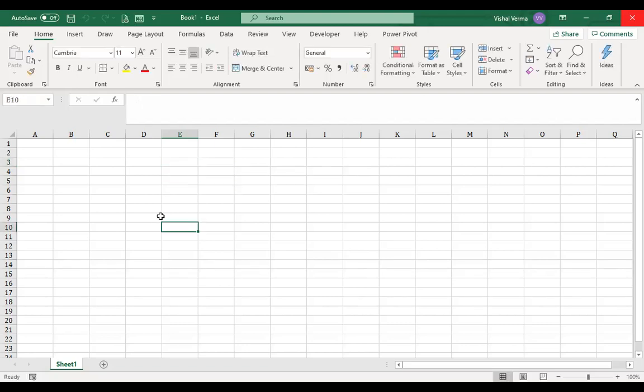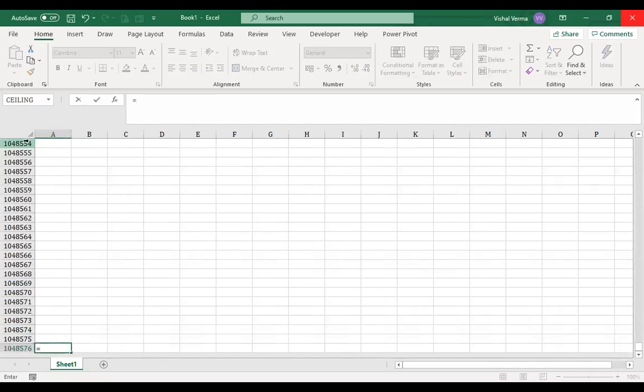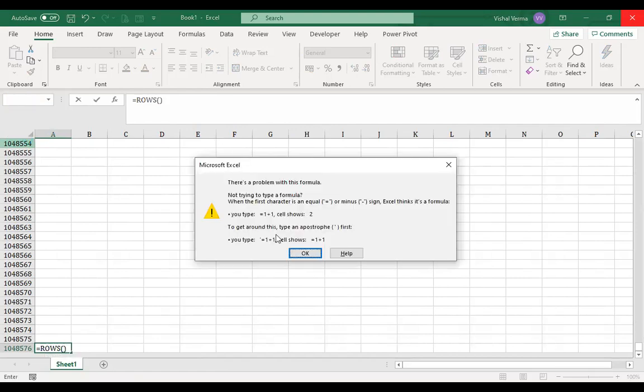But if we can use something apart from that, that will make Excel more user friendly and more powerful for analytics purposes. Because we know that there are a number of rows here, so we can check how many rows we have.